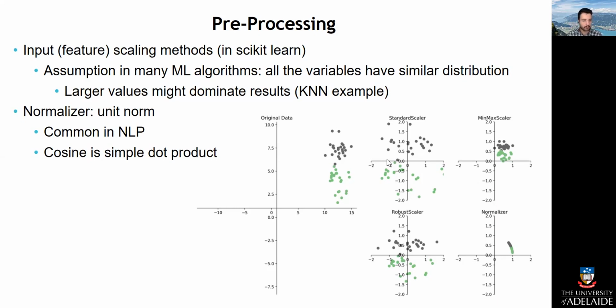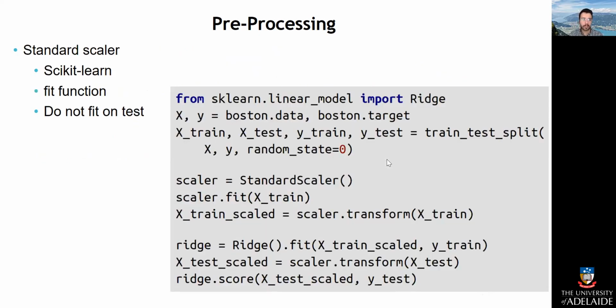You have this metric of TF-IDF, and the good thing that normalization does is that every single value is going to have a unit norm. And then it's ready to calculate using a simple dot product, you can get the cosine distance and those kind of things. Most popular, most useful, probably most common is only a standard scalar, but depending on your task, you might need to do others. In scikit-learn,